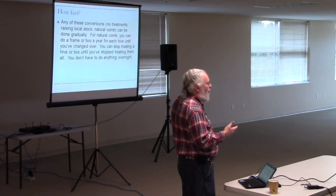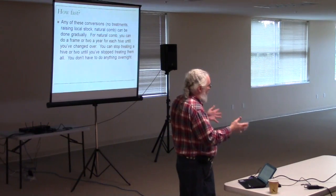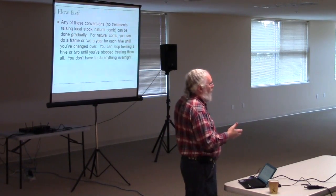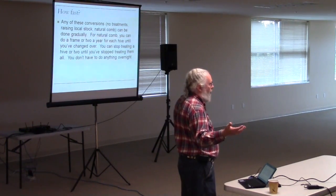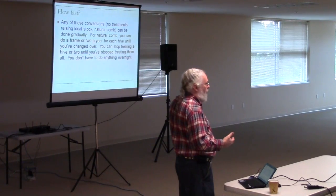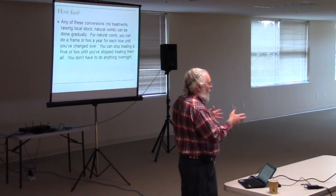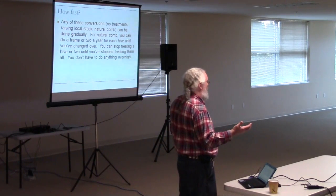Some people are rotating out their comb, I'm not, but some people are rotating out their comb and they're doing 20% every year. Well, in 5 years, if you did that and you went to natural comb as you did that, in 5 years you'd have them all in natural comb. I think you could aggressively do this in a year or two if you really focused on it, or you could do it instantly like Dee